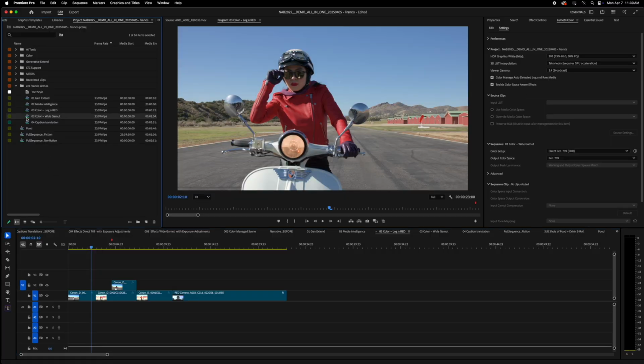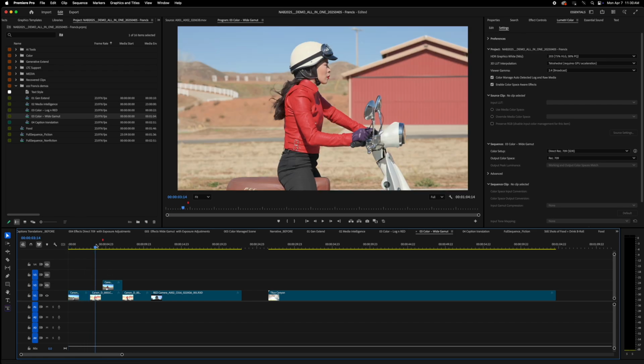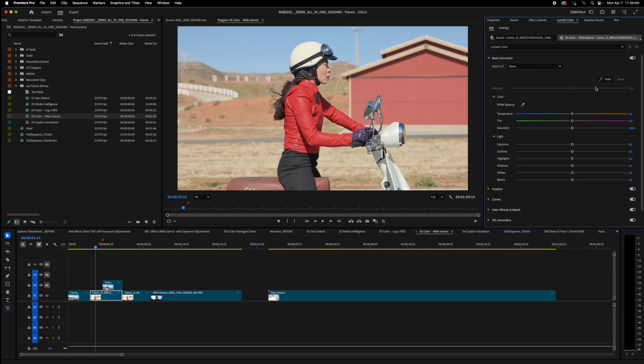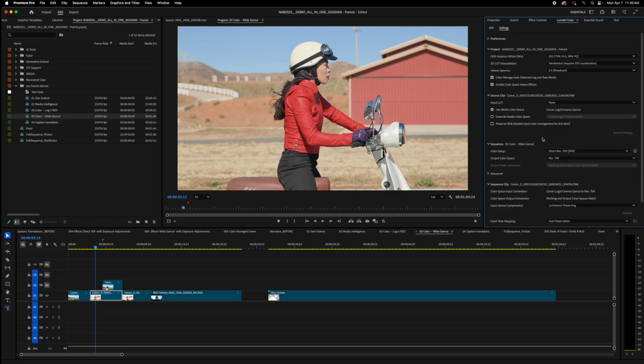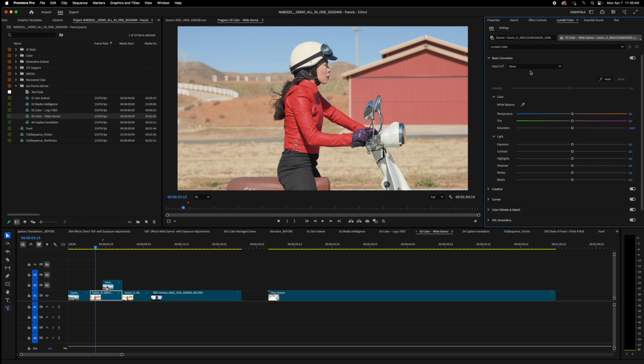In addition to the automatic conversion from camera color space, we have a new wide gamut working color space. And just to show you an example of why the wide gamut working color space is a really great thing, I've got this shot and it's a bit overexposed.